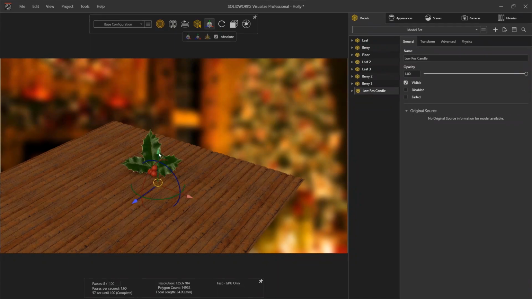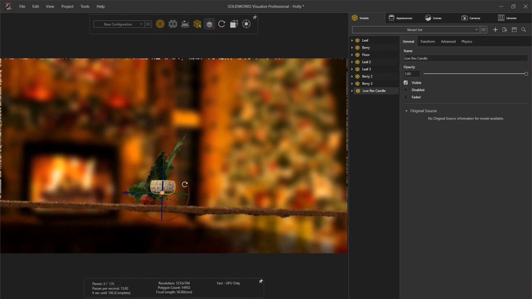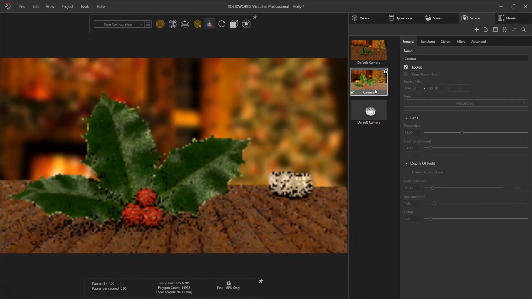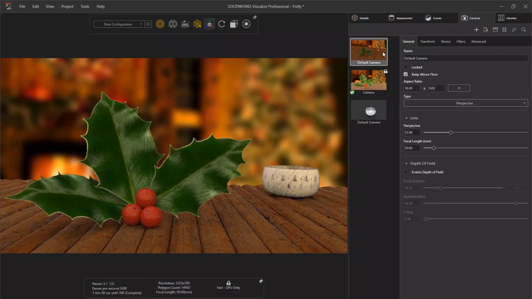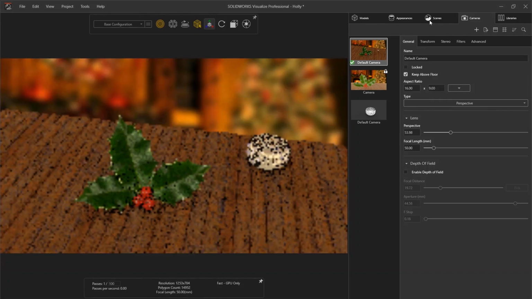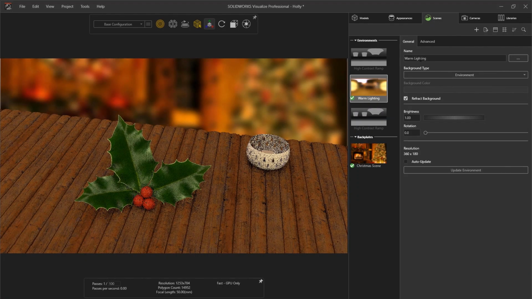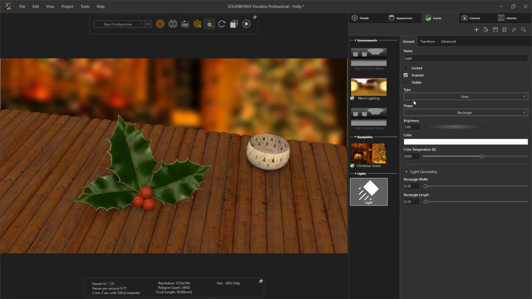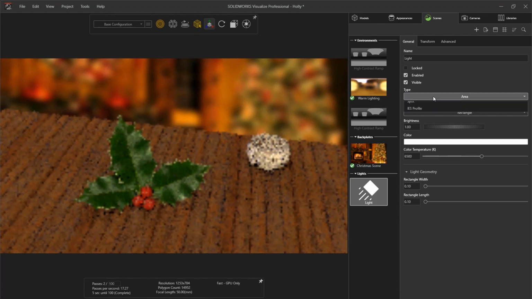I will scale it up slightly and place it in position using the object manipulation tool. The final thing for the candle is the light. I will use a photometric light by right-clicking, selecting Add, New Light and pick Position. I will pick at the top of the cylinder to place it and then change the light to a point light.